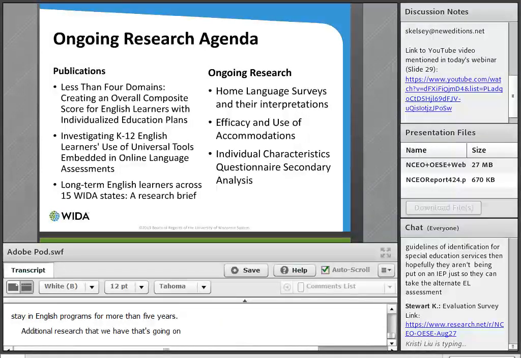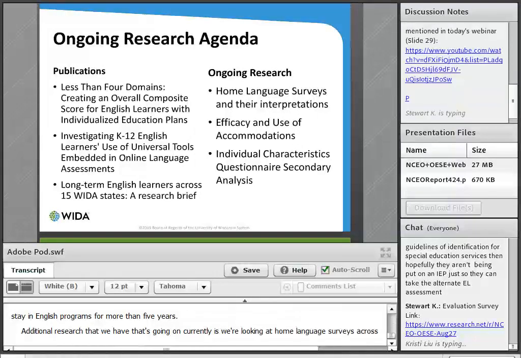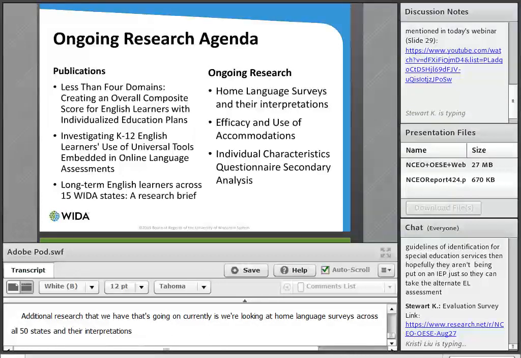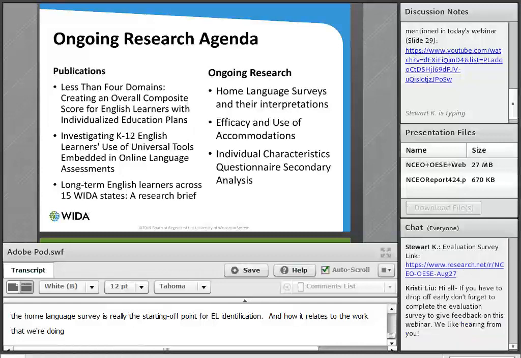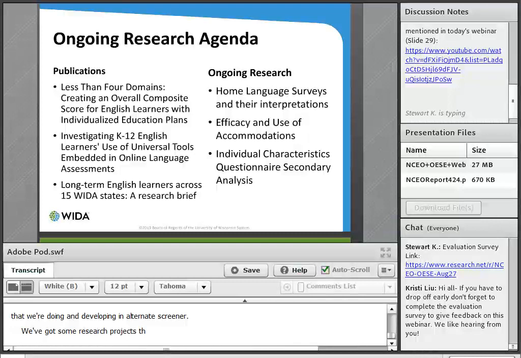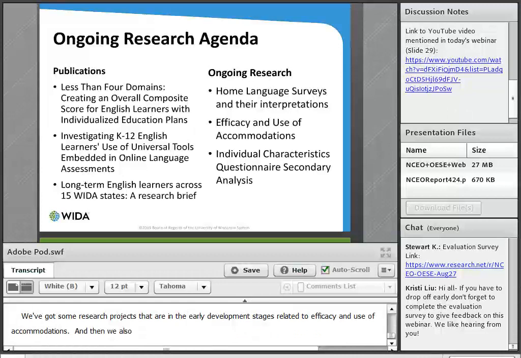Additional research that is going on currently is we're looking at home language surveys across all 50 states and their interpretations. We're particularly interested in this with regard to thinking about how the home language survey is really the starting off point for EL identification and how it relates to the work that we're doing in developing an alternate screener. We've got some research projects that are in the early development stages related to efficacy and use of accommodations. And then we also are conducting a secondary analysis